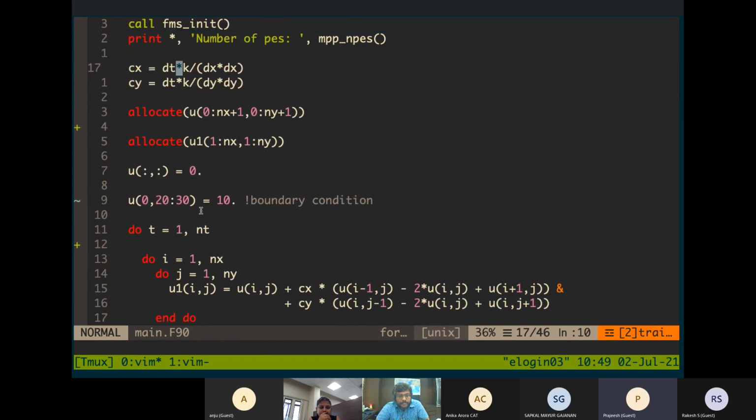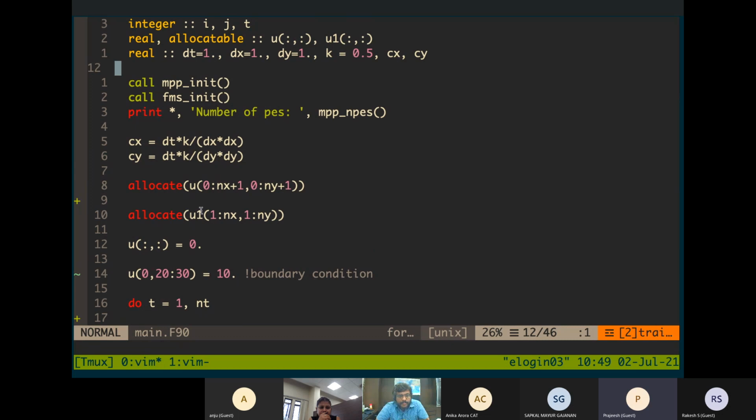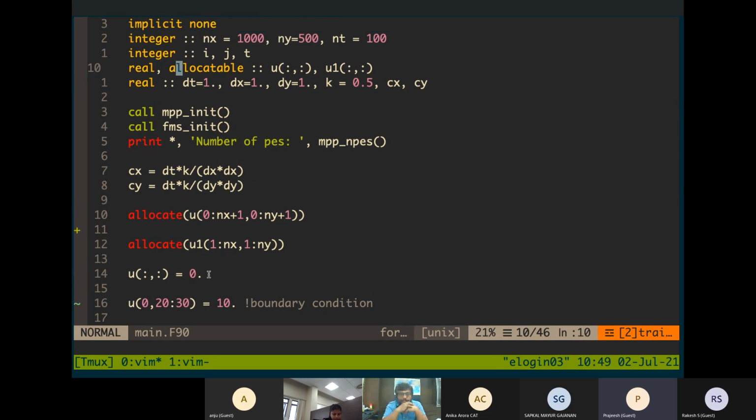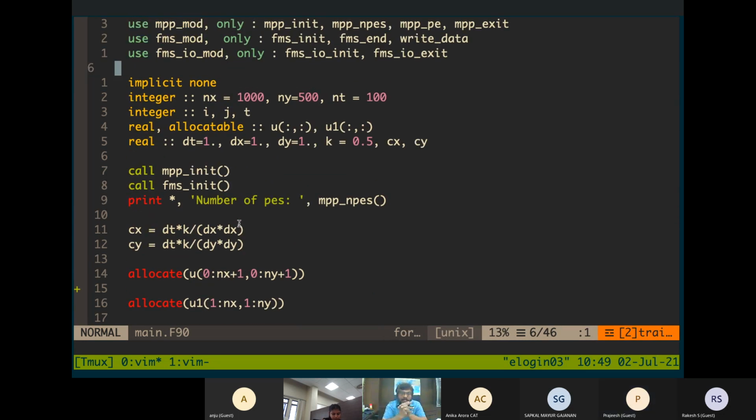For that, I'm using the FMS functionalities here. I'm not using any other functionalities of FMS here. I'm just using the ability to write a NetCDF file. That functionality of FMS I'm using here. To use that, you need some prerequisites.